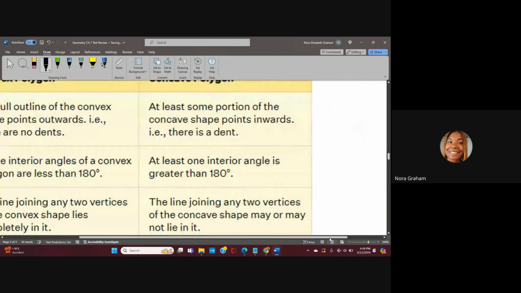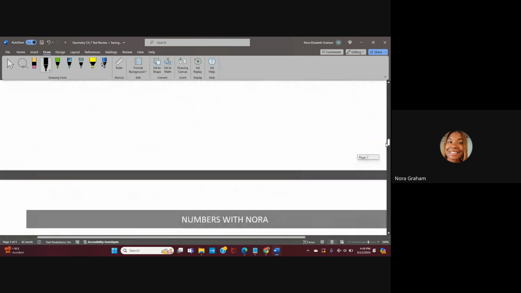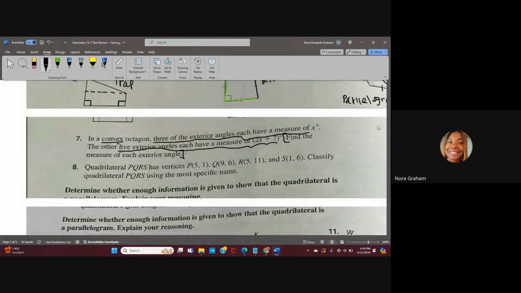So a convex polygon is basically, I think I wrote the definition down here in my notes. Right here is what I'm looking at, okay? So all the interior angles of a convex polygon are less than 180 degrees. All right, that's one way to say it. And then also we're dealing with the octagon. So there's going to be 8 different angles that we're dealing with. 3 of those angles are just equal to x. The other 5 are equal to 2x plus 7. All right. The formula for finding the exterior angles of